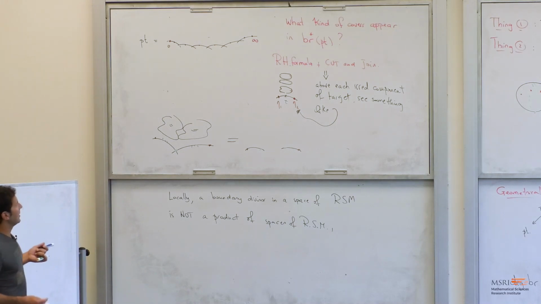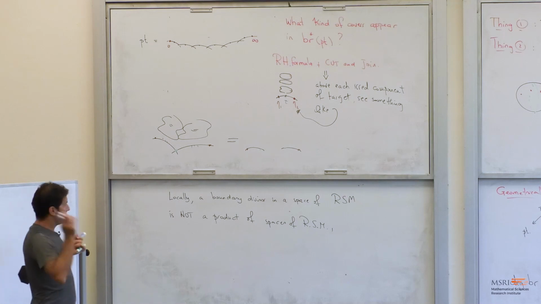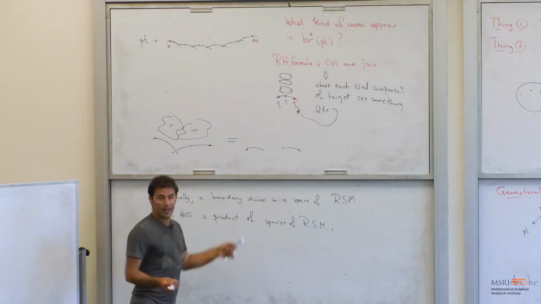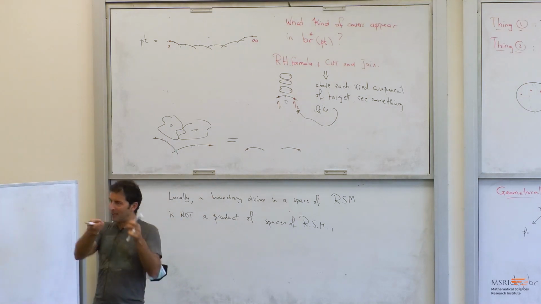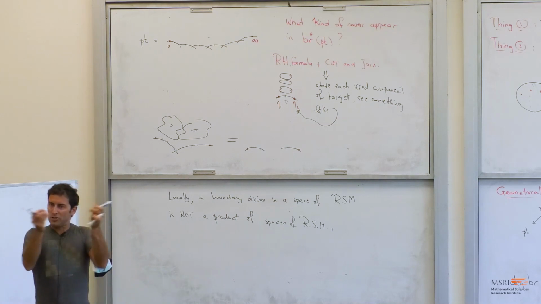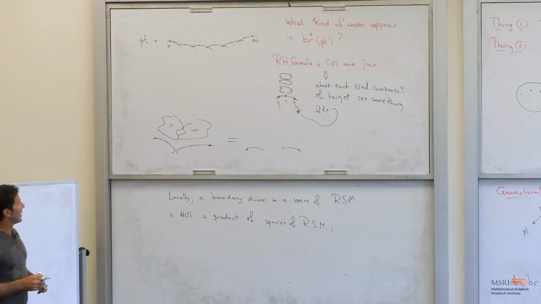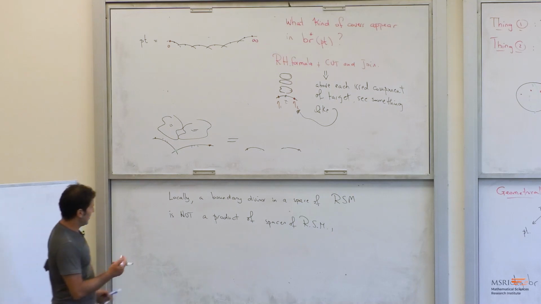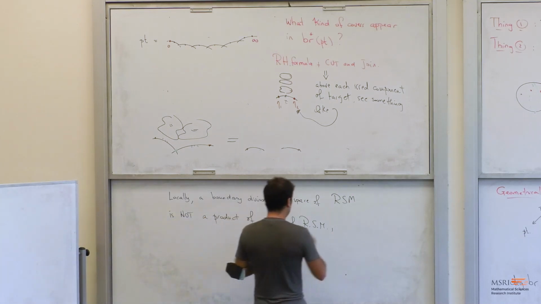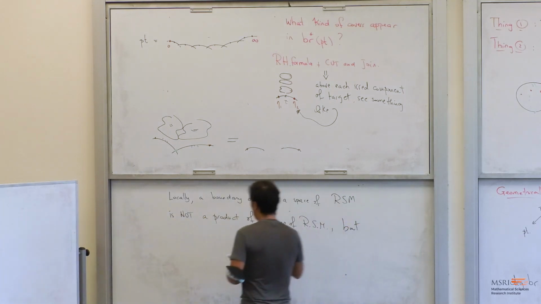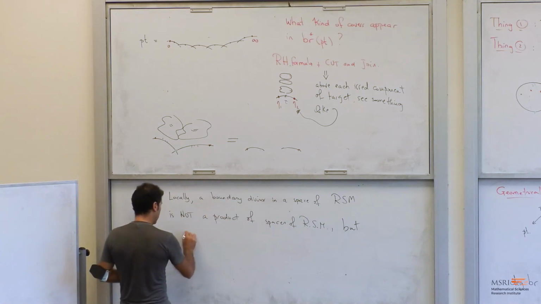Because, even in set land, like we saw with the picture that I erased, there are some delicate things to figure out. You can't just glue at random; you have to make some choices. The way this is manifested at this more geometric, sophisticated level is that instead of a product of spaces of relative stable maps, it is actually a fiber product